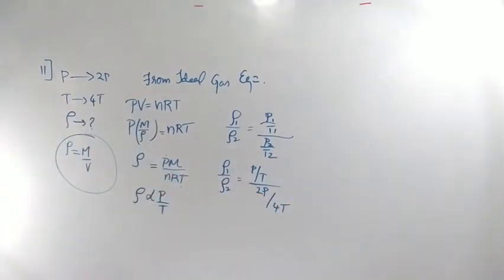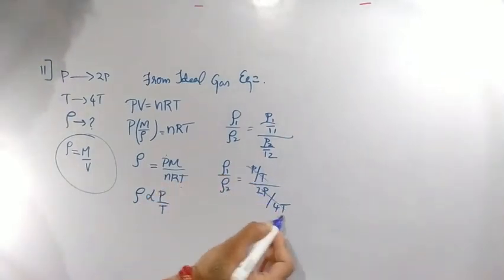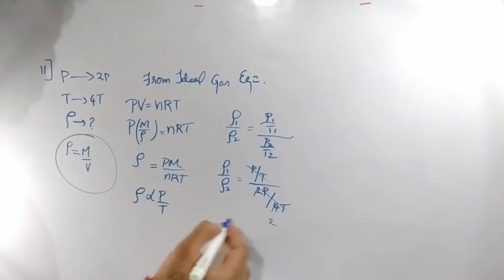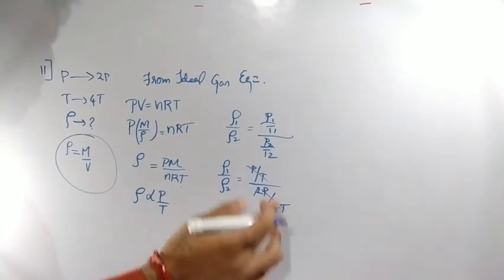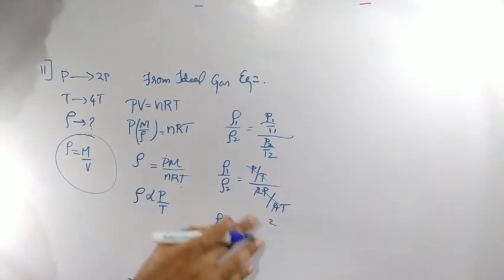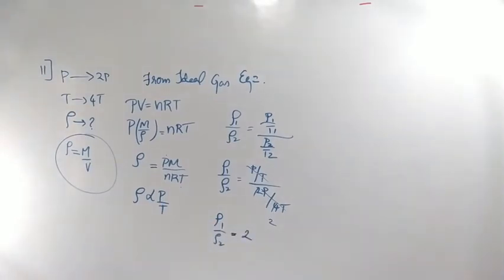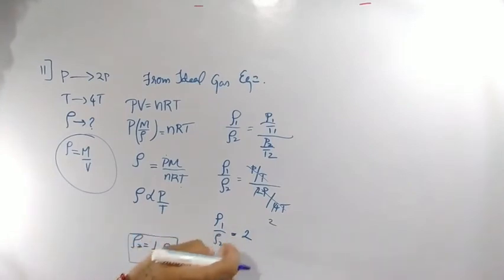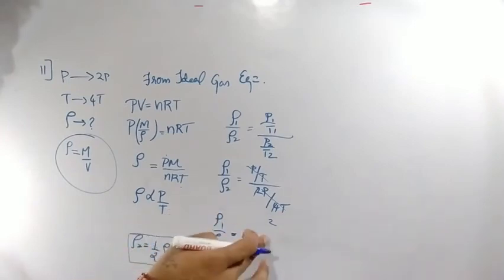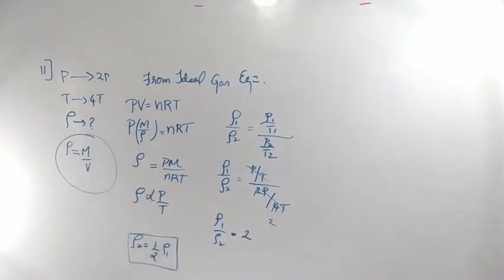From this term, rho 2, what you are going to get, you have to cross check now. Here, P by T will get cancelled. 2 1s are 2, 2 2s are 4. So rho 1 by rho 2 is equal to, this 2 will come to numerator, which is nothing but 2. Rho 1 by rho 2 is nothing but a constant factor, which is 2. Or rho 2 is equal to half times rho 1. Rho 2 is equal to 1 by 2 times of rho 1. Clear?